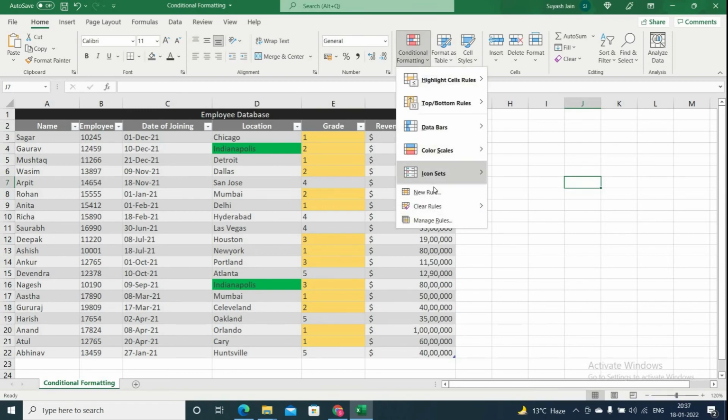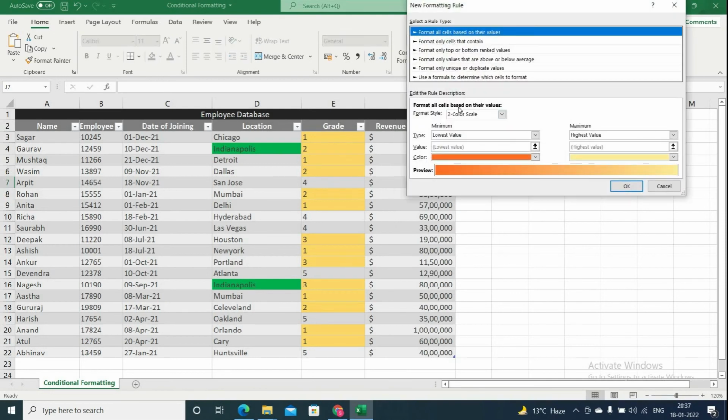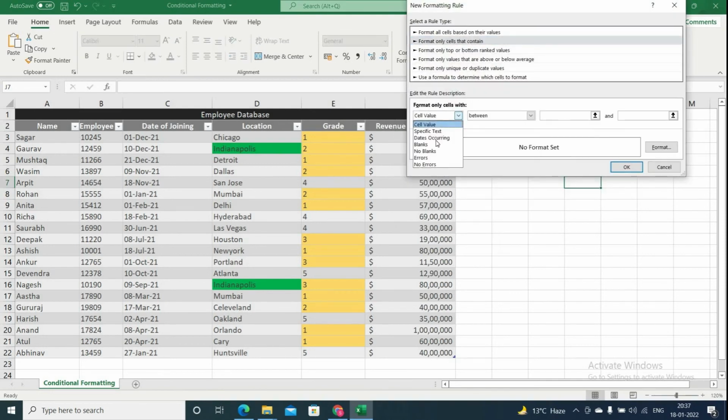Similarly, you can use the date option, where you can identify those cells based on the date values. If the dates are 1 month before today's date, if the dates are from next week, if the dates are within this week, then automatically based on the option you selected, it would highlight those rows. You can use any of the options based on the needs we have.